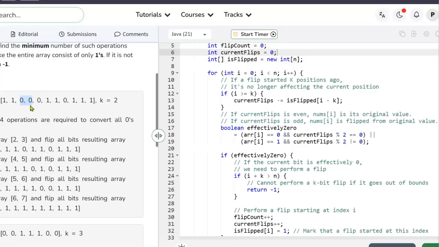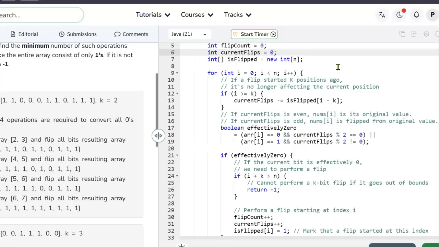We don't look ahead and flip numbers ahead of the number that we're currently processing. So, current flips, that is, when we get to a number, its actual value is maybe not what we're looking at because we have done a flip within the window. I don't know, maybe I over-explained that, but yeah, current flips is the number of flips that we've done within